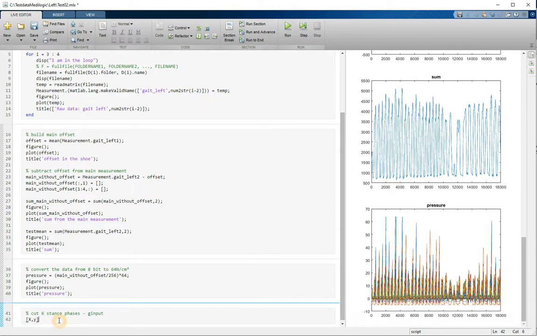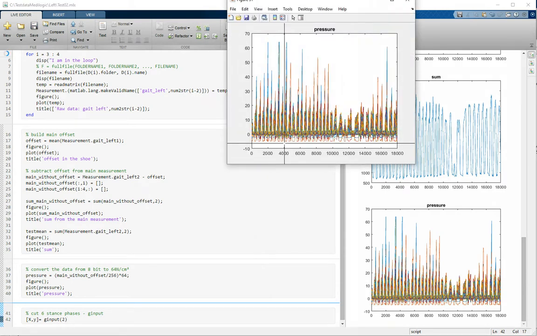The x and y coordinates input. And you have to say, you see it here, a number of points which you can grab. So I take 2 because I want to grab the start point and the end point, and then I run this section and I get a window